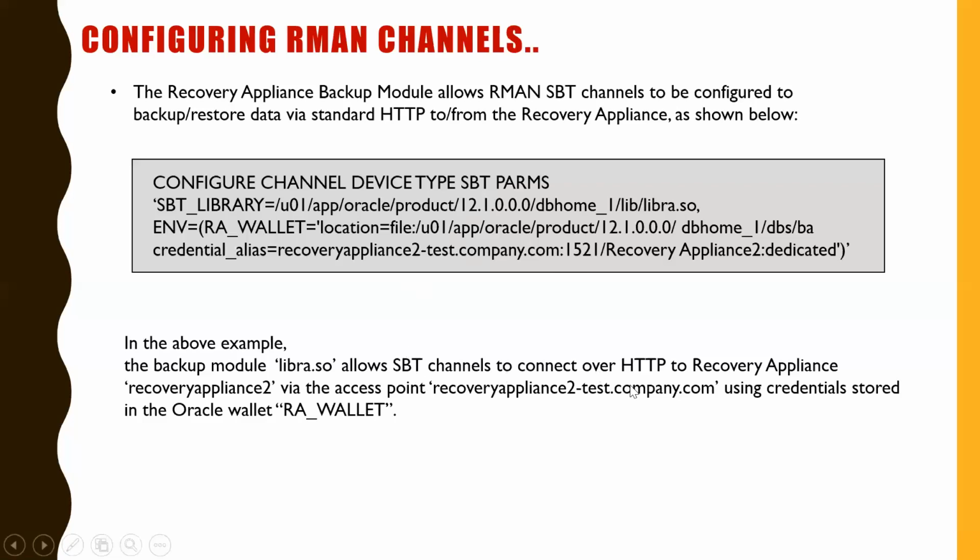As I said, the RA wallet will have the credentials of the VPC user. Those VPC users will be created on the recovery appliance, and they will be granted all the required permissions from the protected database, so that it will have the communication and can access the Arman utility with that information.